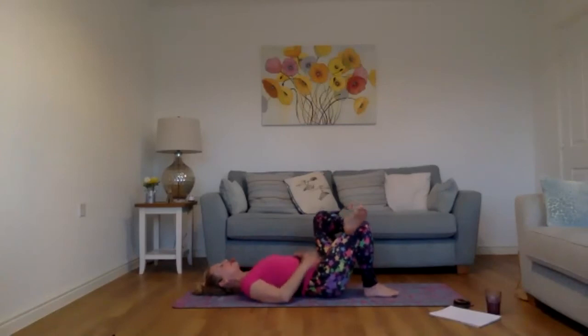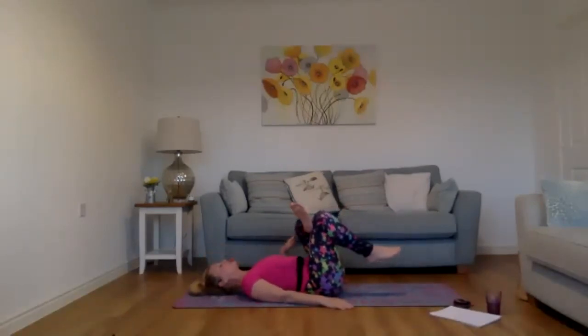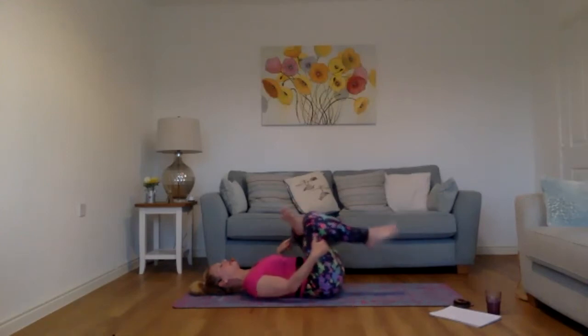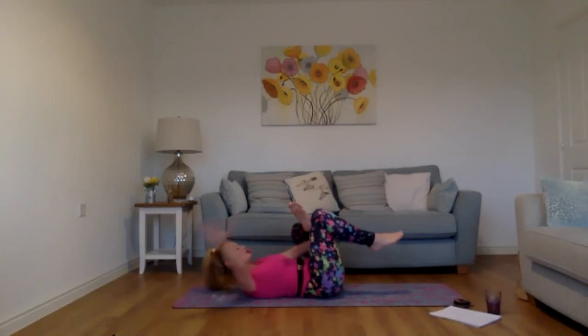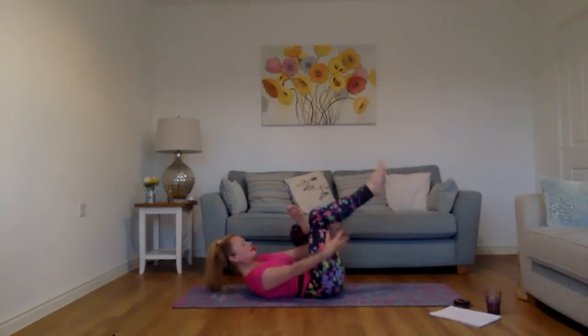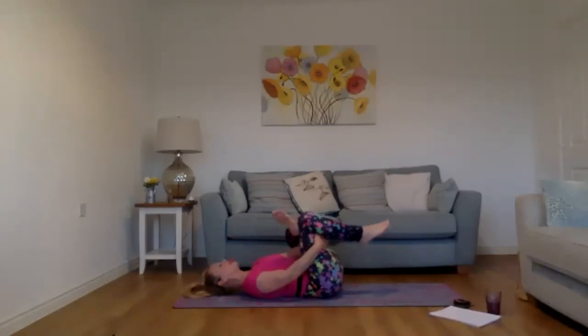Take an inhale. And on the exhale, zip and hollow. Lift the legs off the floor. And you're pushing the left knee away from the body. Left knee away from the body as the right leg comes forwards. The left hand goes through the gap in your legs. The right hand goes behind the right thigh. Interlace your fingers, and you draw that right leg forwards to get that really beautiful stretch in your bottom and